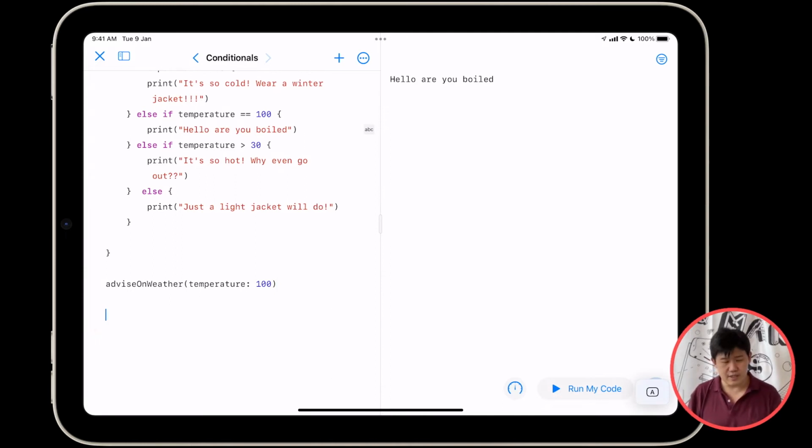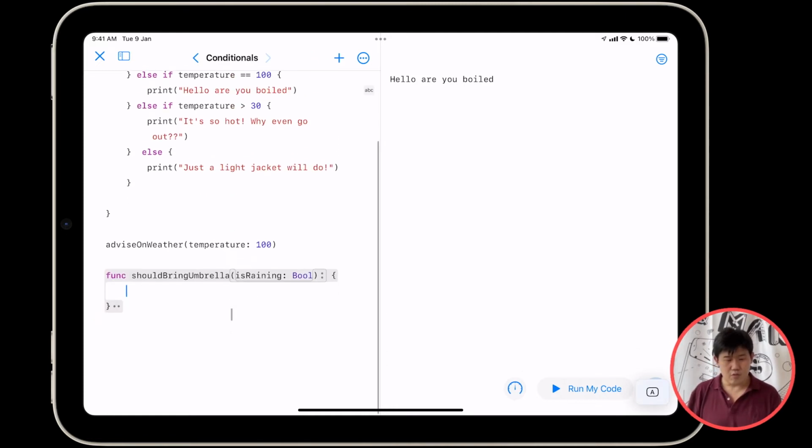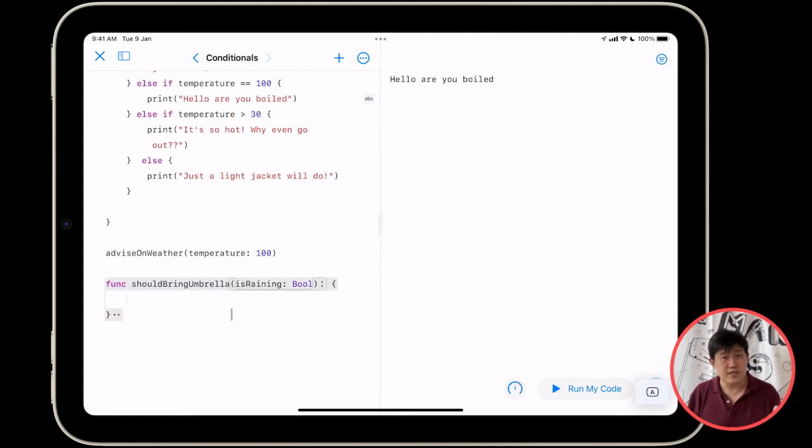Let's have a function that advises us on whether to bring an umbrella, right? We're all about the weather today. So func shouldBringUmbrella, and it takes as an argument whether it's raining. So isRaining, Bool. Okay. What we're going to do here is we're going to check, right? If it's raining, you should bring an umbrella.